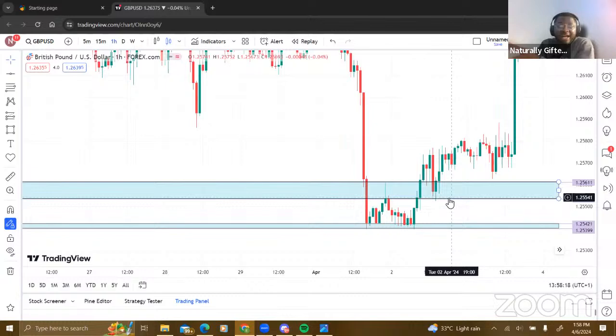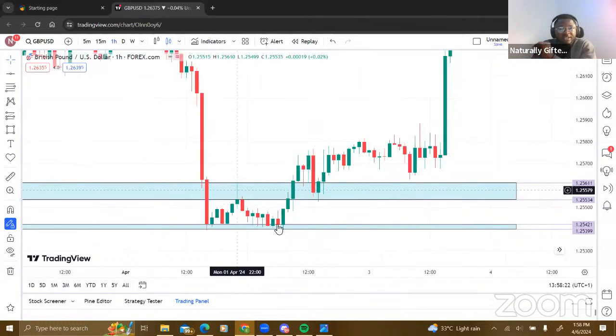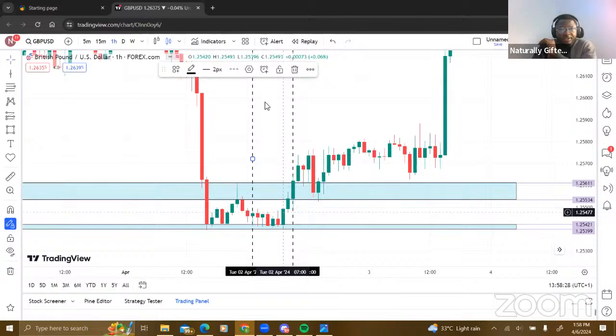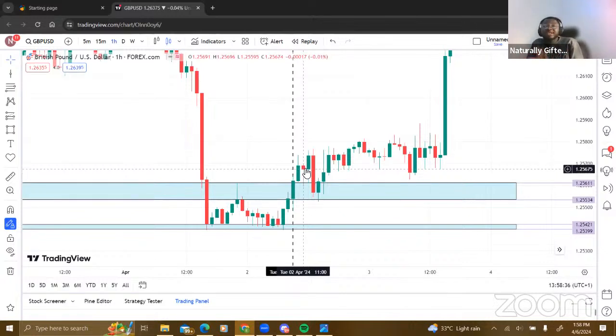It can be ascribed as a zone. Now, as soon as you've done this, you've done the resistance zone, you've done the support zone, what you do here is identify the break. You need to identify the break of the zone. This is the way I trade. This is my strategy. It is also a technical, price action strategy.